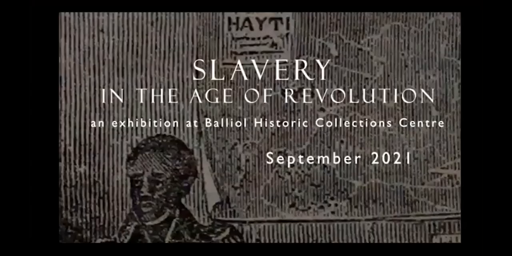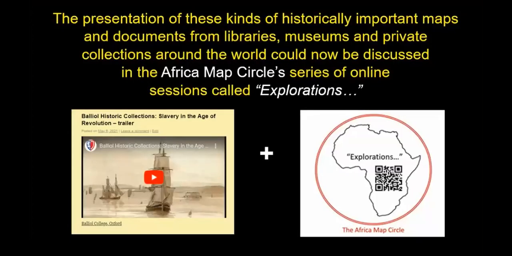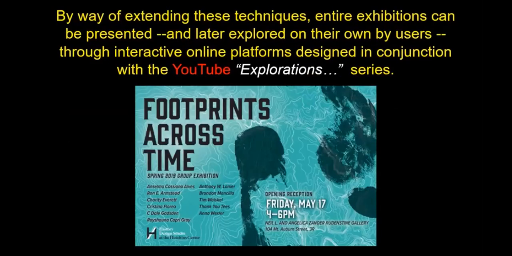As you can see, it contains documents about Haiti, forthcoming as an exhibition at Balliol Historic Collection Center in September 2021. Well, this is the kind of digitized material that can now be shared around the world. The presentations of these kinds of historically important maps and documents from libraries, museums, private collections around the world could now be discussed in the Africa Map Circle series of online sessions called Explorations. This is happening already de facto